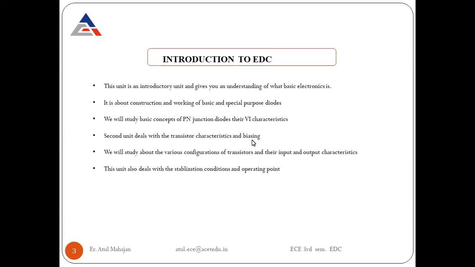It may be PNP or NPN. PNP and NPN mean positive, negative, and positive. We have three terminals: positive, negative, positive, and the other type with negative, positive, and negative. So in this way we have three terminals for the PNP and NPN. In this way it is working, and we'll be talking about the characteristics and the configurations of these transistors in your second unit of transistor classifications.